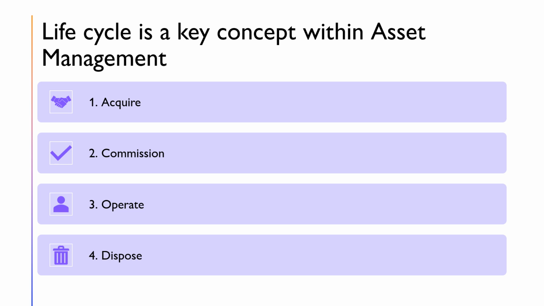It is a recognized fact that there is a higher incidence of failure after the first installation or building of an asset. It is reflected in the need for a commissioning stage in the life cycle to oversee the initial operation of the asset. Third is operate. This is normally the bulk of the life cycle for an asset, during which it provides the function for which it was designed.